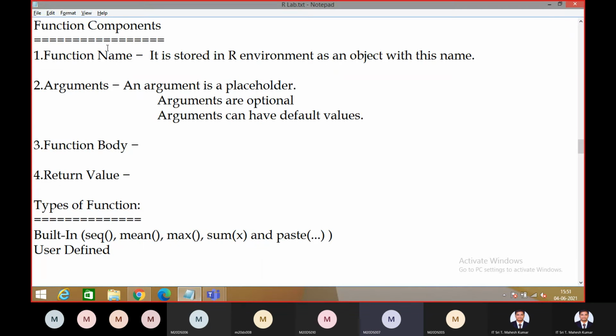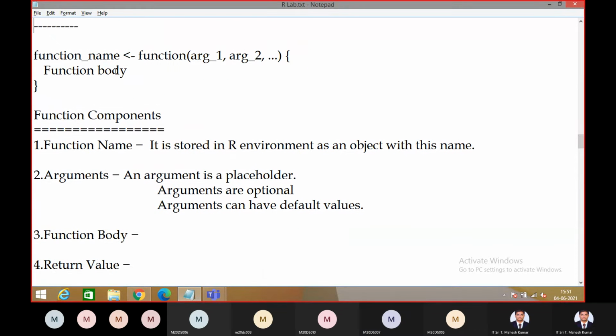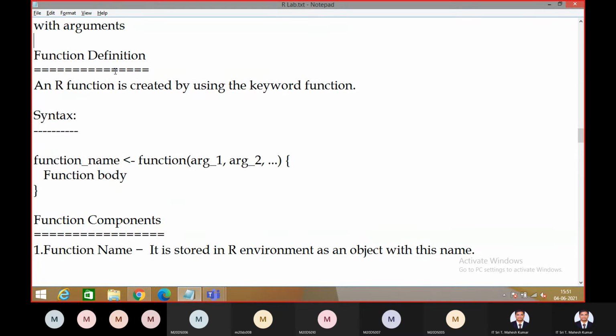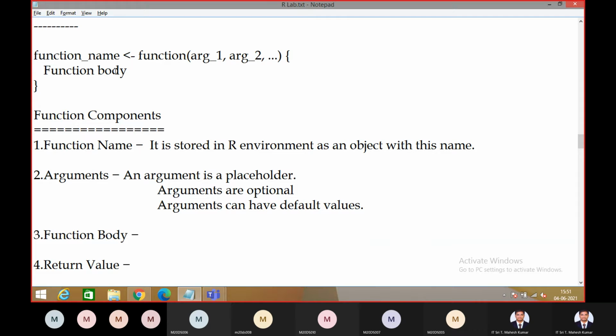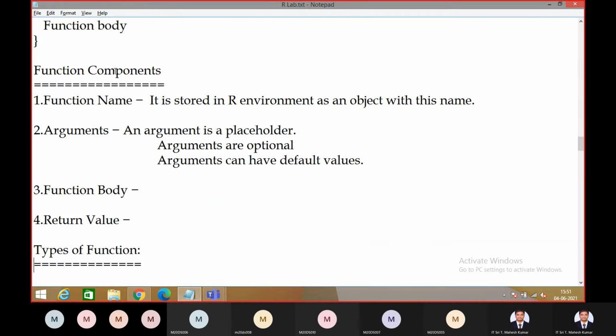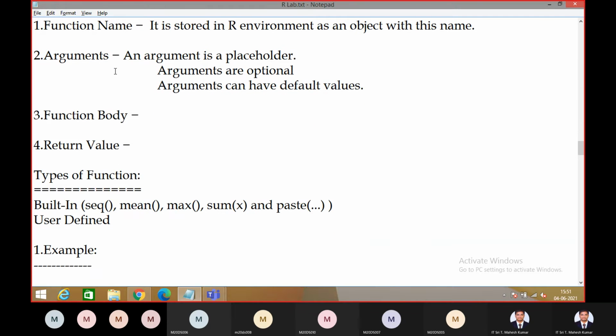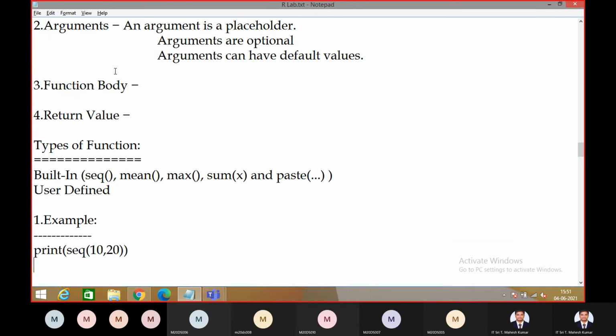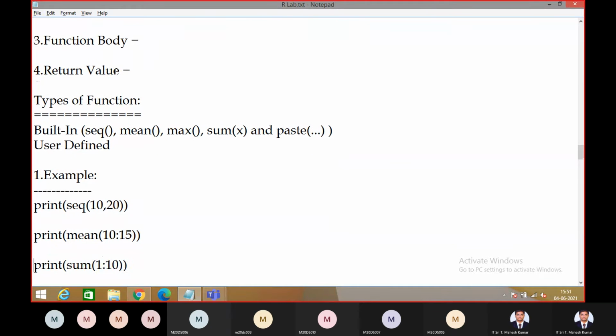Right. So a function is a block of statements performed to accomplish some task. This is the syntax to create a function, and these are the 4 components we have in a function. We have 2 types of functions: built-in functions and user-defined functions. We have plenty of built-in functions in R programming.